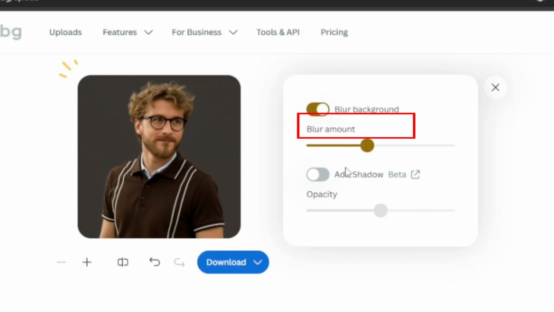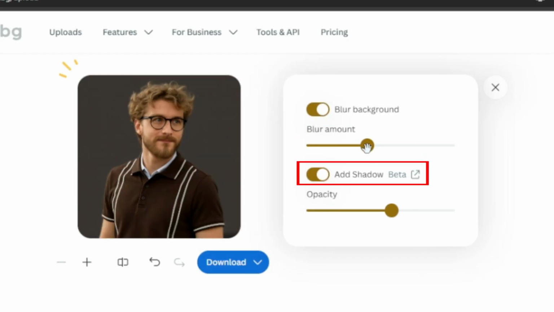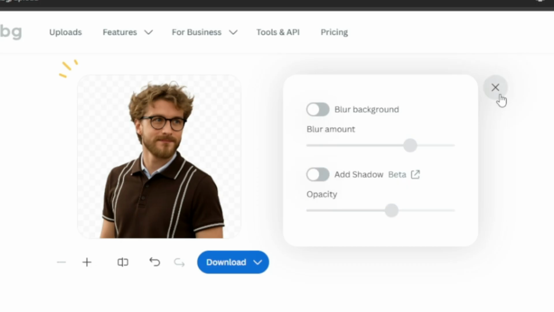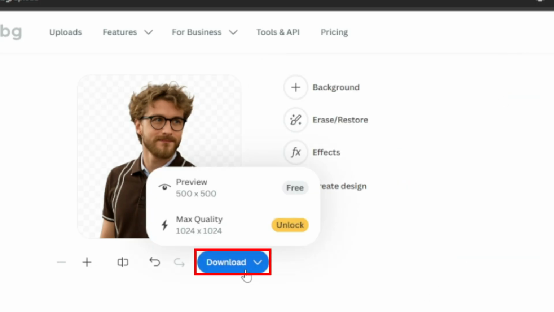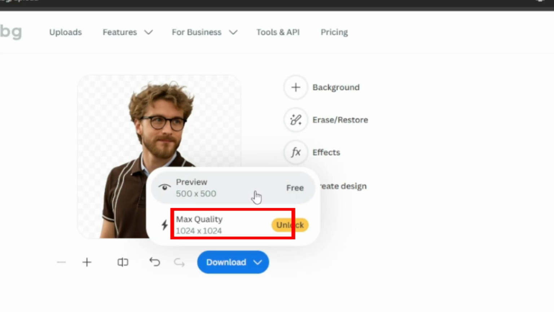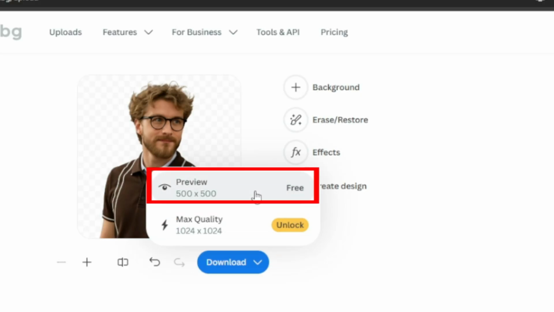This tool works best when your main subject is nice and clear, but honestly, it's pretty accurate even if you're just starting out. No need to sign up for anything or install software, and the whole thing usually takes under a minute. The only catch with the free version is that it gives you a lower resolution image, like 500